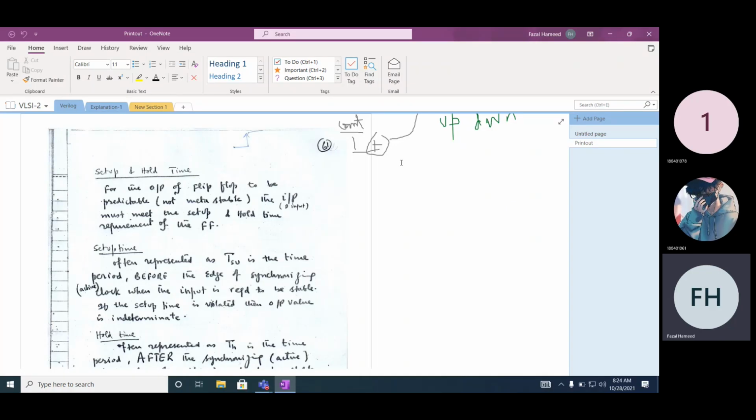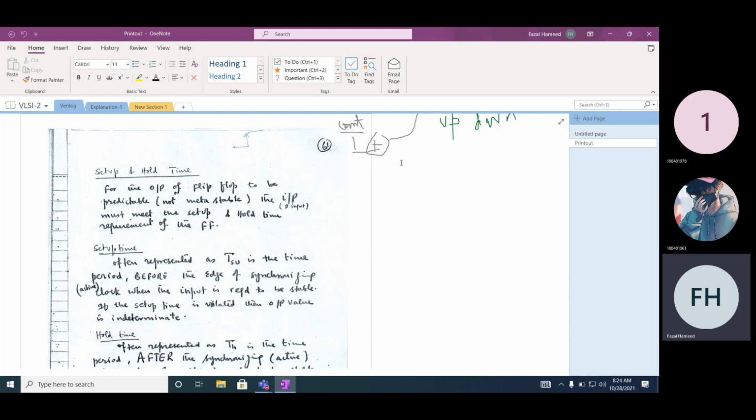When we have designed a sequential circuit, there are some parameters that we need to understand, such as what should be your clock frequency of a sequential circuit. Now there are two types of circuits: one is a combinational circuit and the other is a sequential circuit.